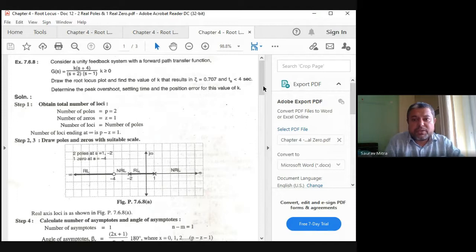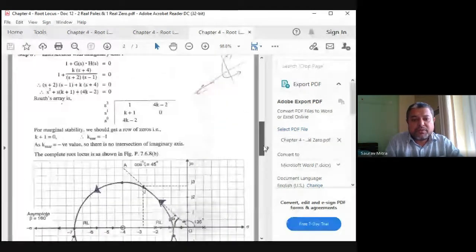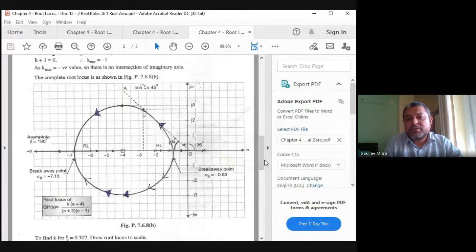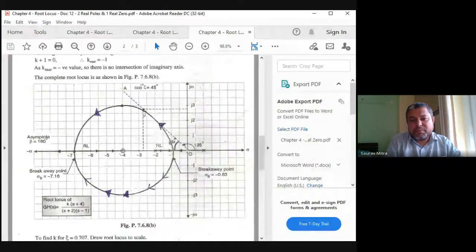And how the root locus looks, let me show you in advance. Okay, and you will be amazed. This is how the root locus looks. Okay, so it will start from here. I'm not saying which pole. So it will come here, then break away. It goes like this, and it comes back, and it will end up in the zero. So this is one pole, this is another pole, and this is the zero.